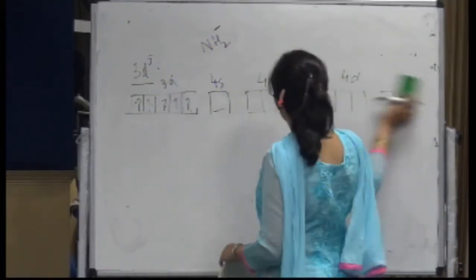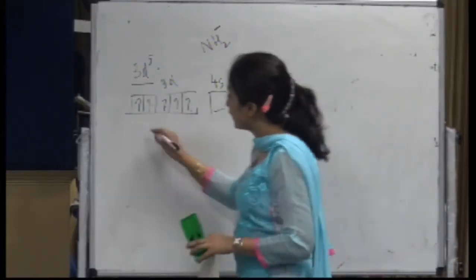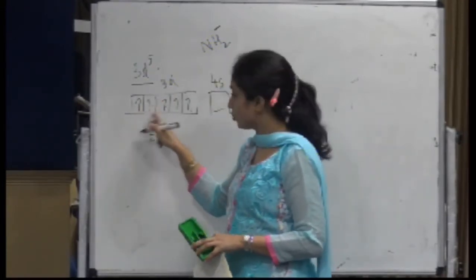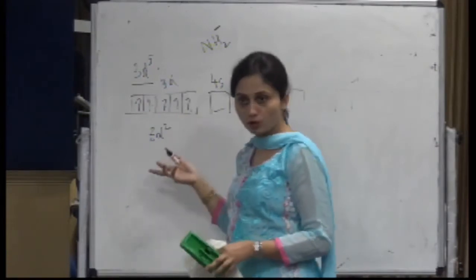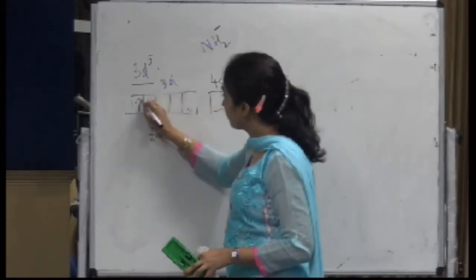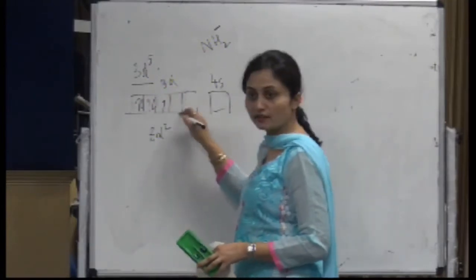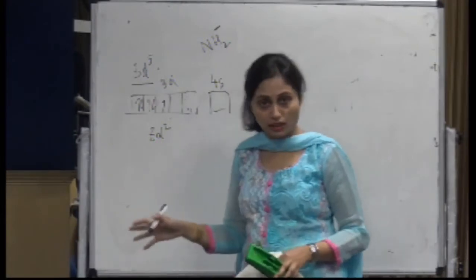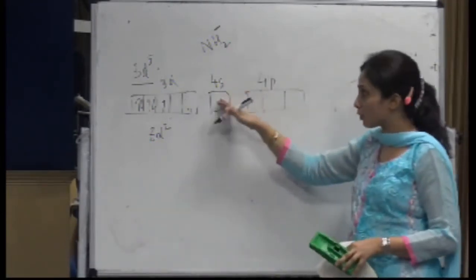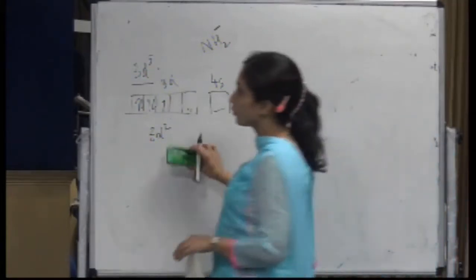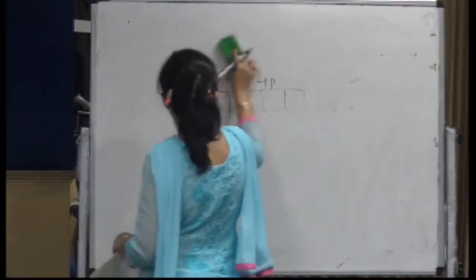Okay. Then another thing. या तो 3d2 होता तो 3d2 में these would have been like 1 and 2, so these also would have been available. Pairing होती अगर मान लो इनमें, तो भी you would have had available. But अगर 3d completely भी filled है with a single electron, but then you will have 4s, 4p and 4d also available for bonding to form the coordination compound. Okay. Then after that